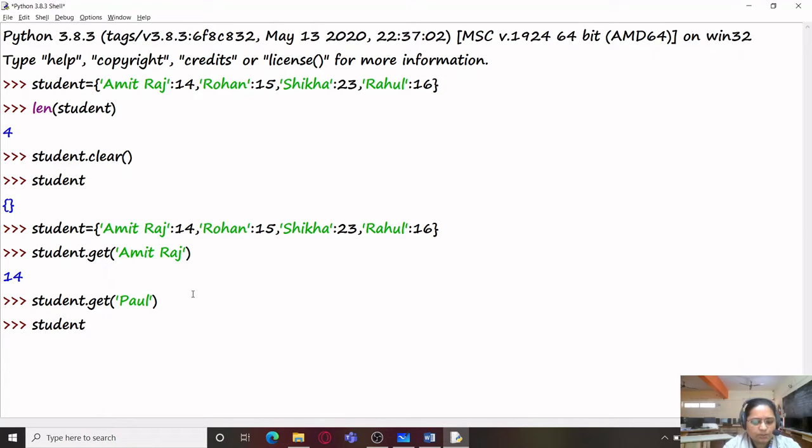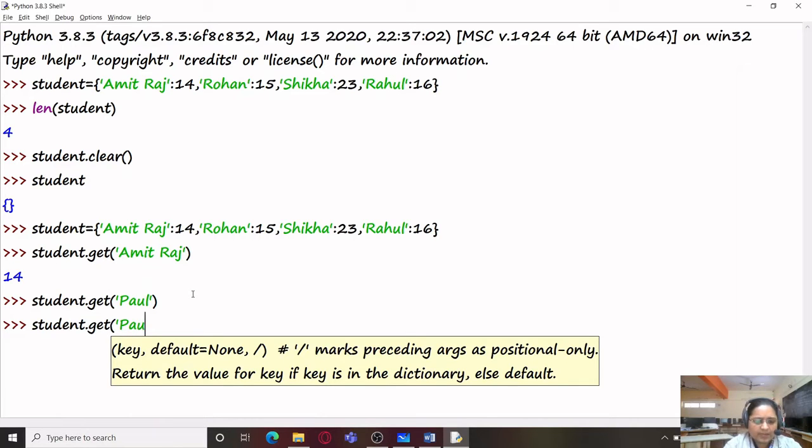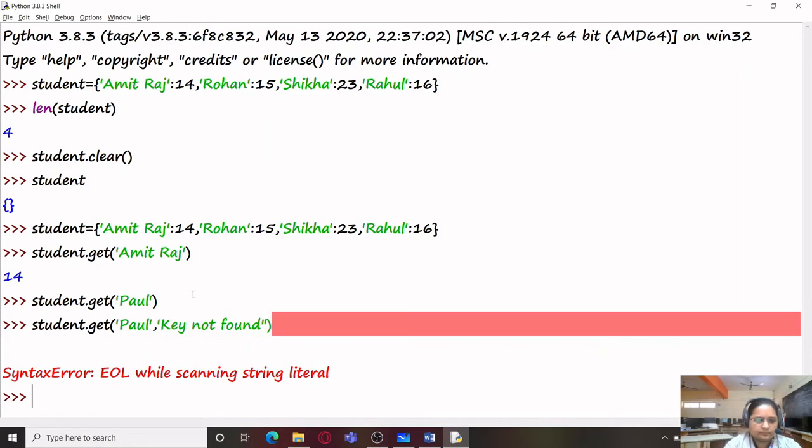So what I can do is, I can provide this key, and I can also provide my error message like key not found. There was a syntax error, that is I made a mistake in the quotes.